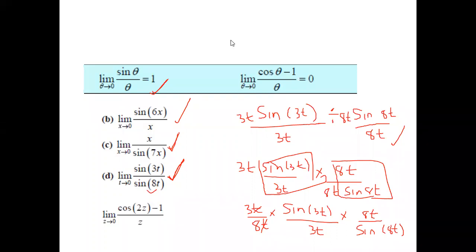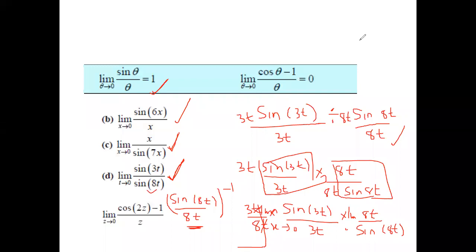Okay, I can see somebody's hand is up. Okay, if there is no further question,